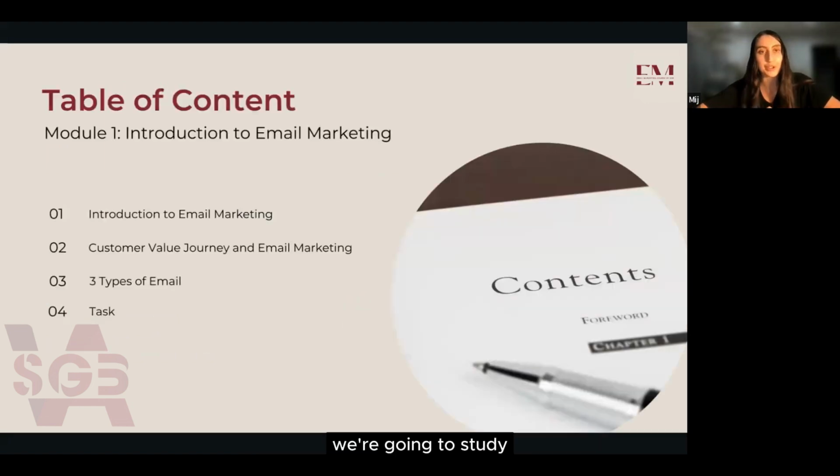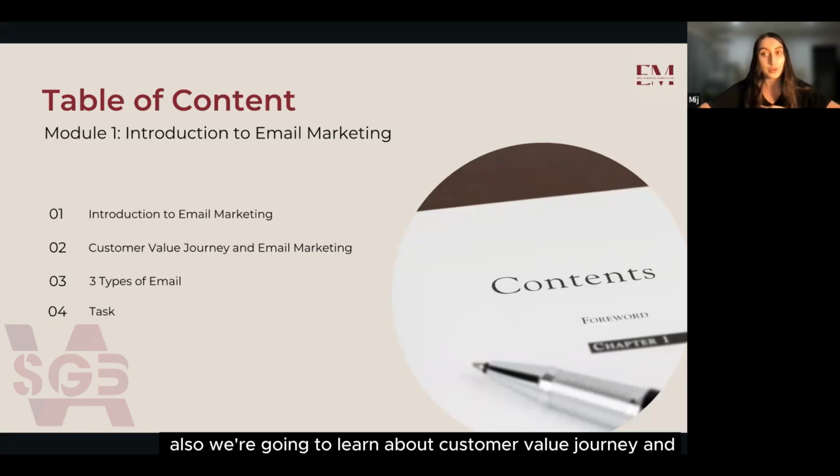So in today's course, we're going to study about introduction to email marketing. We're going to just dive into the very basics, into the fundamental knowledge. I want you to know what is email marketing, why is it important, what role it plays in marketing in general. Also, we're going to learn about customer value journey and email marketing. Basically, more information is going to be on the next slides. And also, we're going to learn about 3 types of email marketing. There are 3 types of email, and I really want you to catch up on that. And we're going to have a task where we can assess how much you have learned